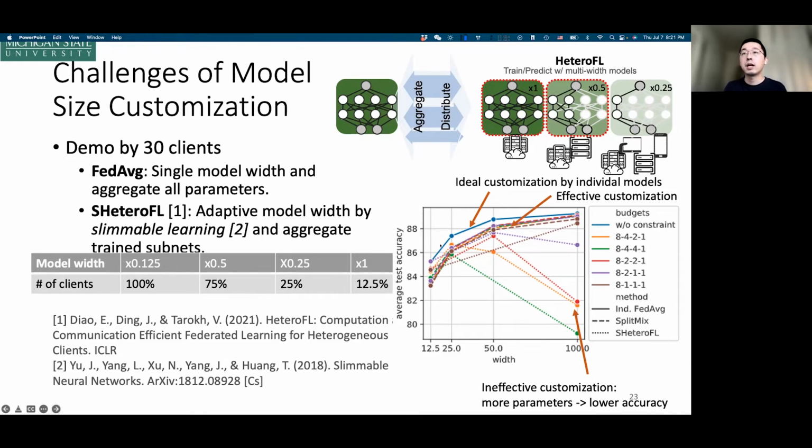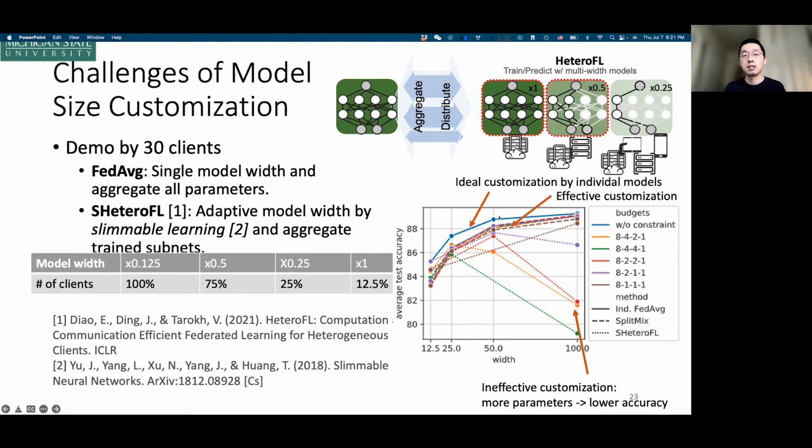The x-axis is the model size. We consider four kinds of model sizes, from the smallest one to the full size model, and the y-axis is the accuracy we achieve during the training. The blue line is an ideal upper bound where we allow the FedRBN to do full size training on all kinds.